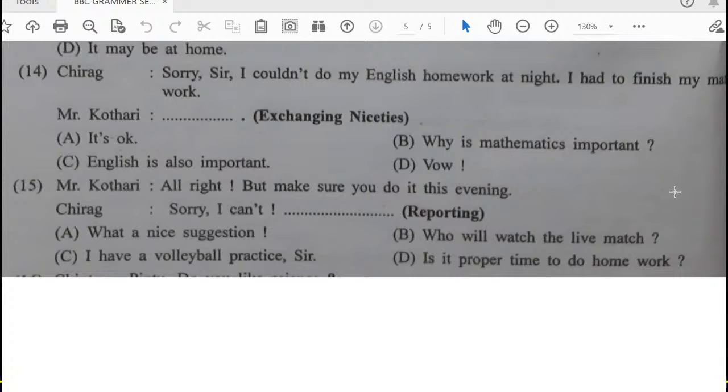Say Mr. Kothari said, alright, but make sure you do it this evening. Chirag said, sorry, I can't. I have a volleyball practice, sir. Right? So Chirag have given reporting of the question or suggestion of Mr. Kothari. Right? So we are given 3 marks question for this section C to make find out proper option for